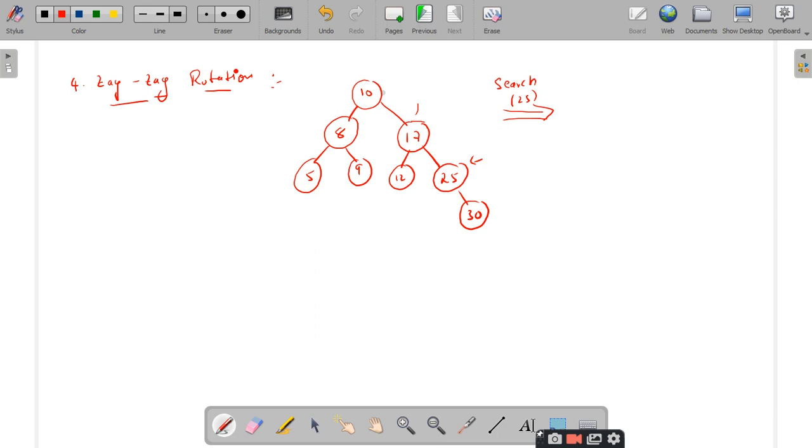So, in this case, you have to consider 3 generations: the grandfather, the father, and the child. Since 25 is the right child of his father, and that father is also the right child of his father, the grandfather, this is an RR type of thing. We should not say it is an imbalance.